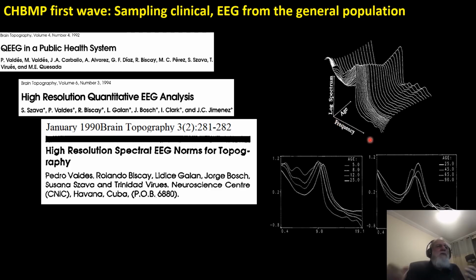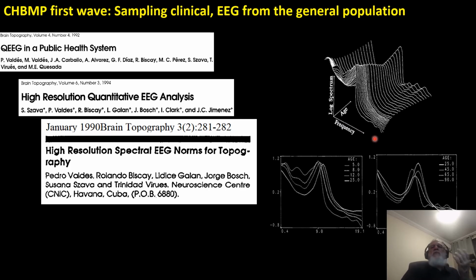I mean, there's another conception of high resolution, which is high density. I'm not going to be speaking to that at this moment, nor am I going to be speaking about the work that we've done in source analysis. I'm going to concentrate on a simple spectral analysis because the concept that I'm saying might be generalized to other things. And well, we created norms, and here you can see the type of norms we obtained in what we